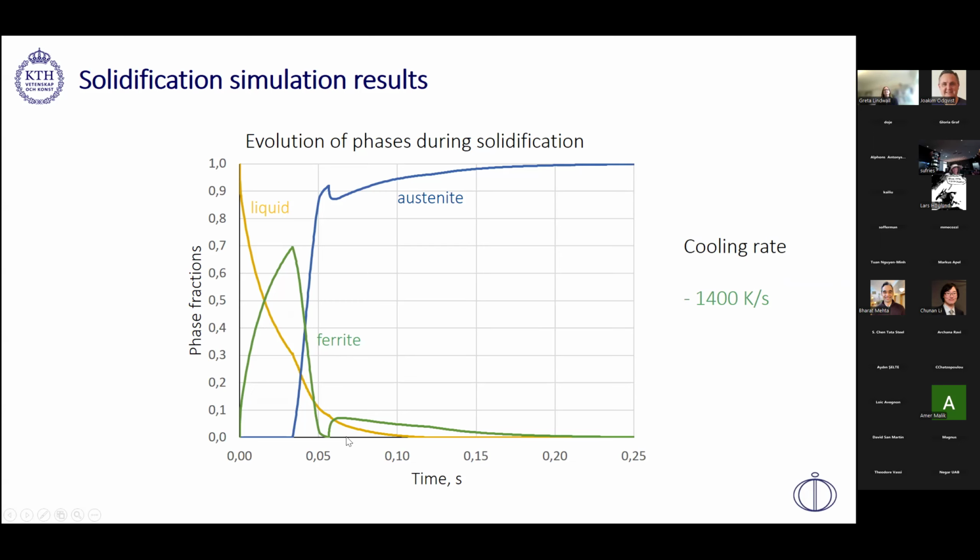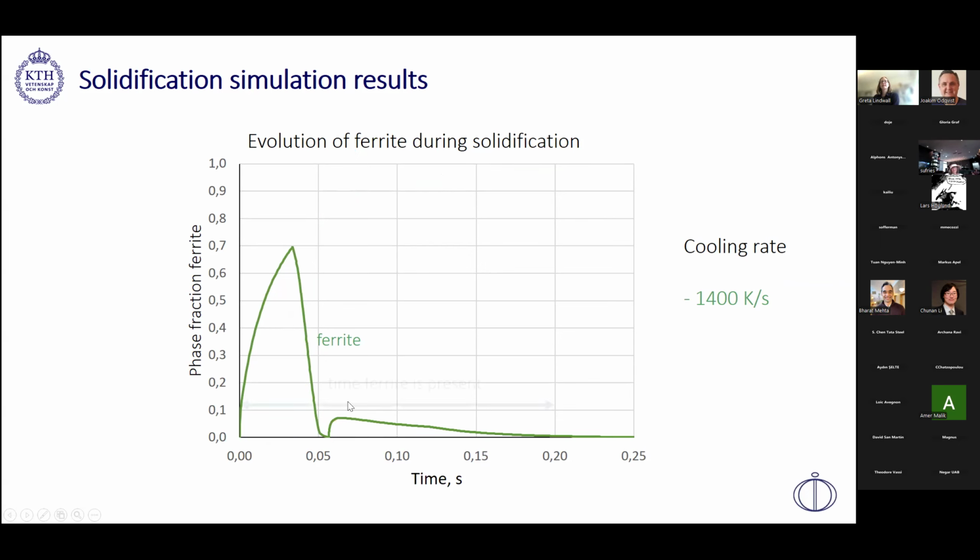And then we can also see that ferrite reappears after some time due to the segregation and temperature that we have reached during cooling. So if we just look at the ferrite and define the time ferrite is present, we get this value for this cooling rate,